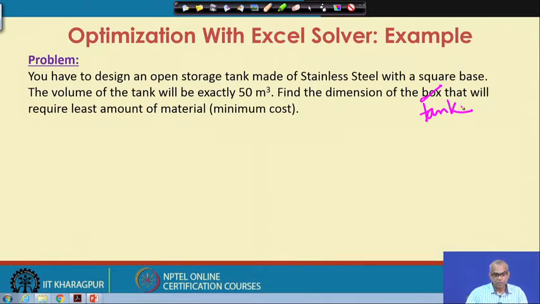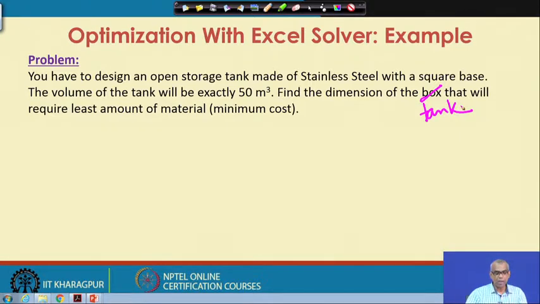So, I repeat, we have to design an open storage tank made of stainless steel and this storage tank will have a square base. The volume of the tank will be exactly 50 meter cube. We have to find the dimension of the tank that will minimize the cost.